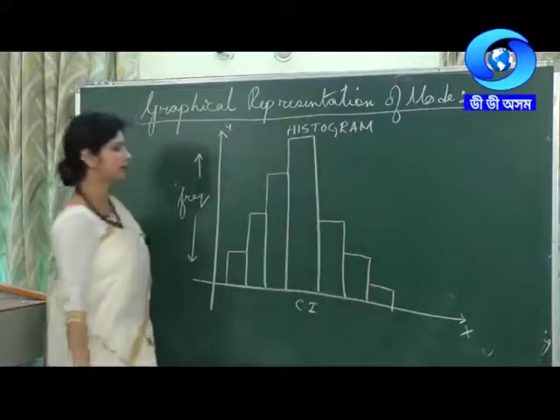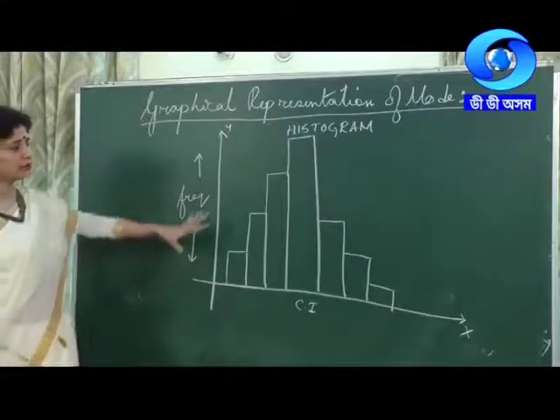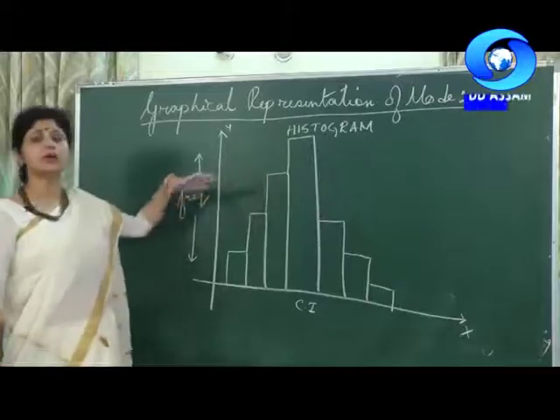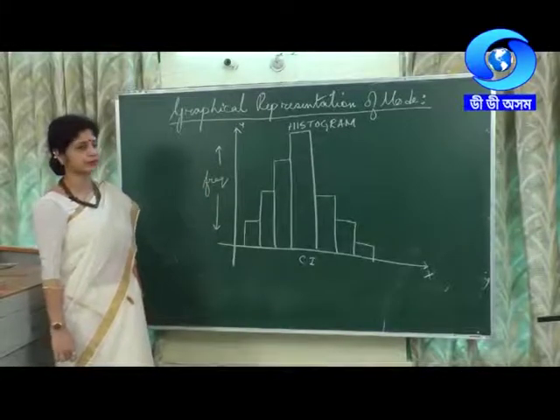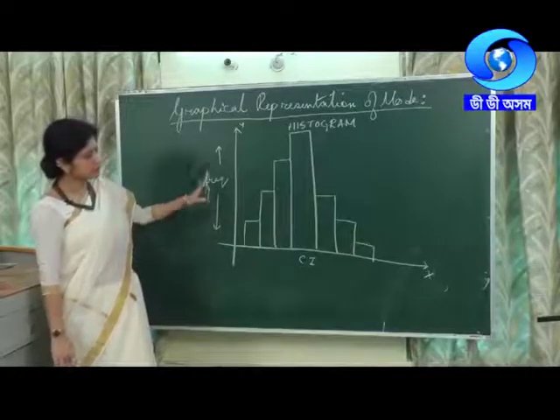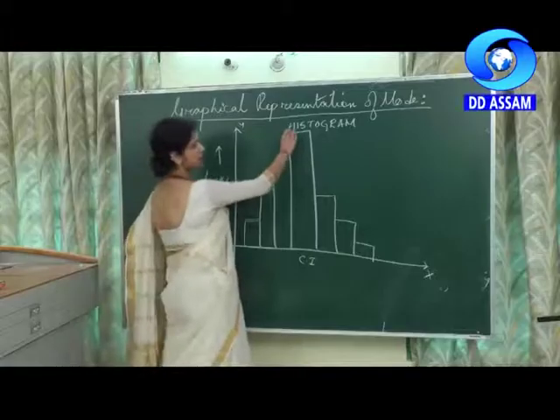Supposing our histogram looks like this. All right. And now we know how to draw a histogram. Now the problem here is how to calculate mode. So can we imagine where mode will lie? See, the highest column